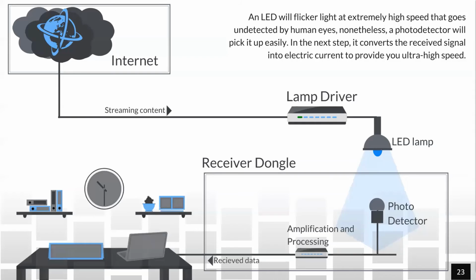And this is what a wiring diagram would look like for a LiFi deployment. So an LED will flicker light at an extremely high speed that goes undetected to the human eye. Because we can switch these diodes so rapidly, we could switch them, say, at 10,000 times per second, which would be imperceptible to the human eye. So we would use that frequency of visible light flashing to send communication through the light. A photodetector will pick this up easily. In the next step, it would convert the received signal into electrical current to provide the ultra high speed